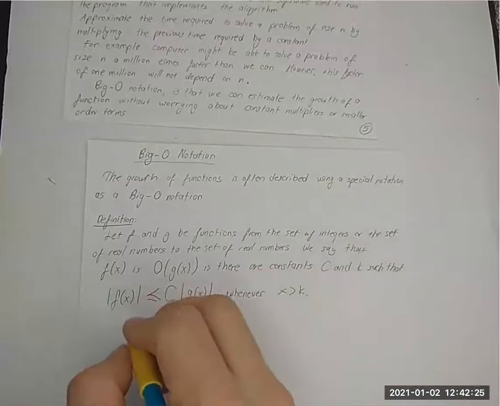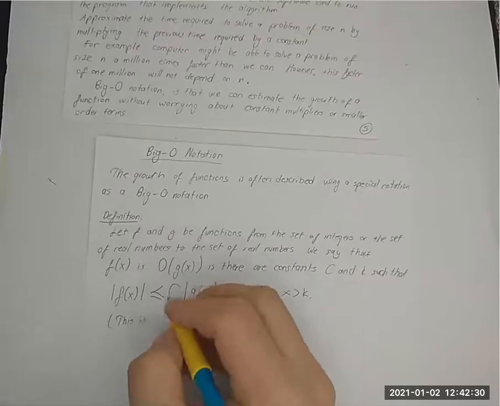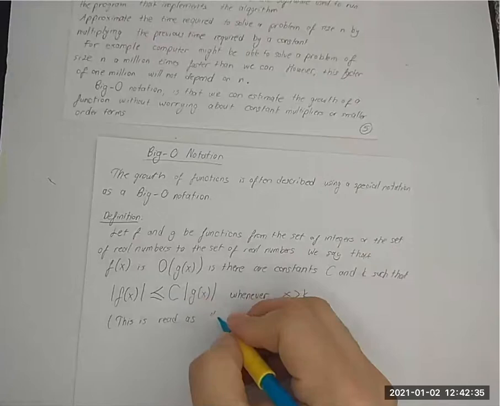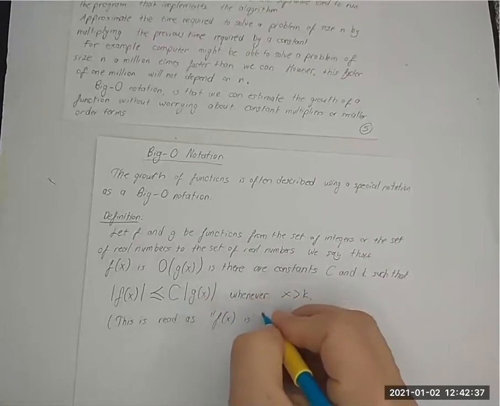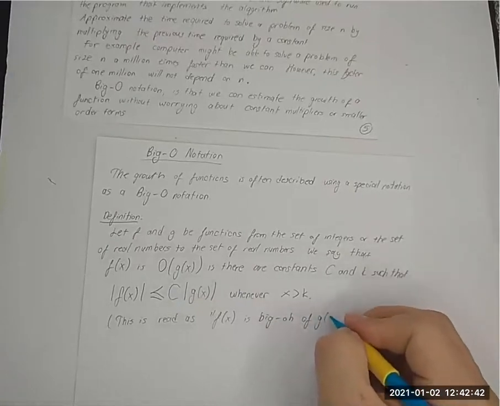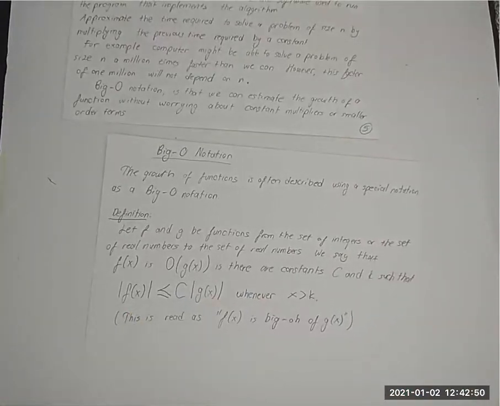This is read as f(x) is big O of g(x). So we defined the big O notation,